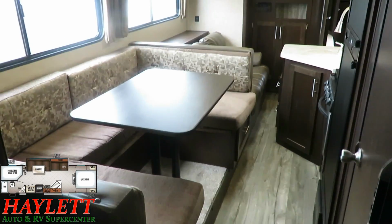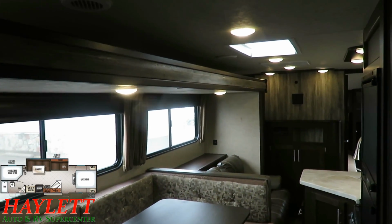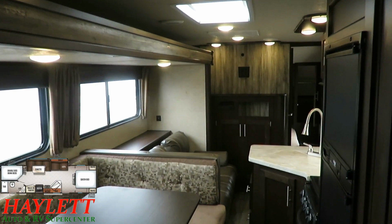One of the neat aspects of this floor plan, and one of the many features I feel has led to its popularity over the last couple of years,